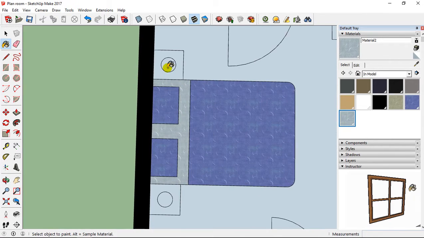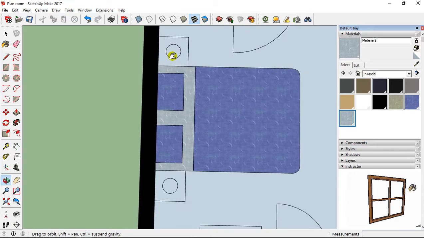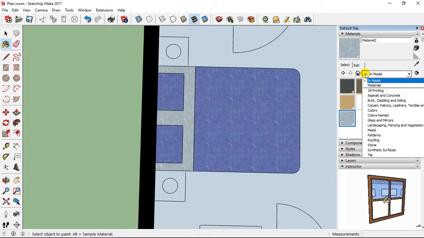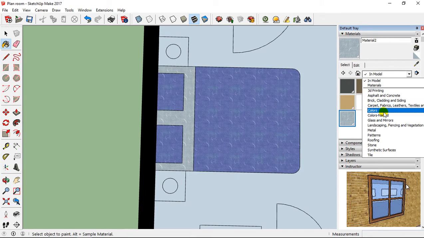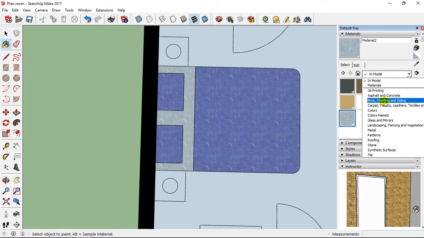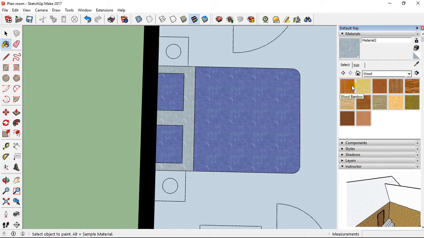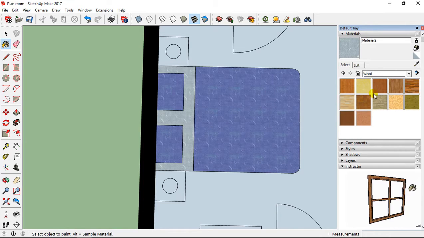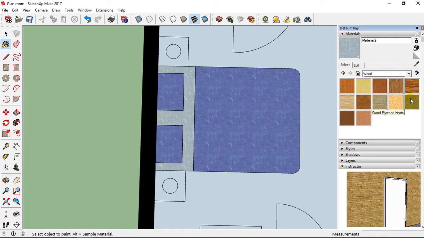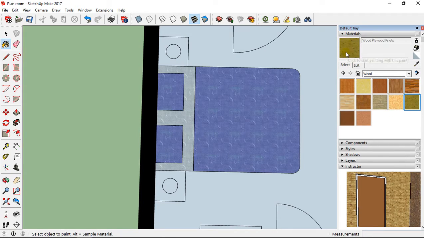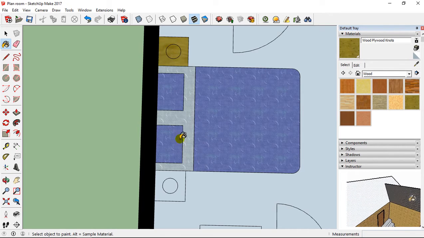Then here I would like these furnitures in wood, so I go here, I select wood, and for example I can go on wood plywood knots like that. I would like to have this, and I can integrate it like this.